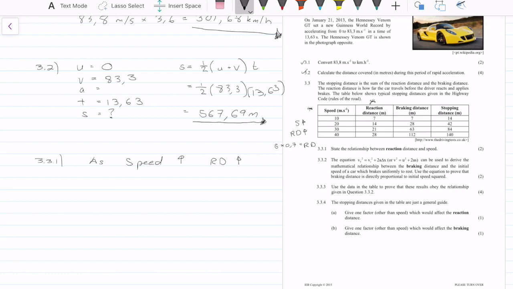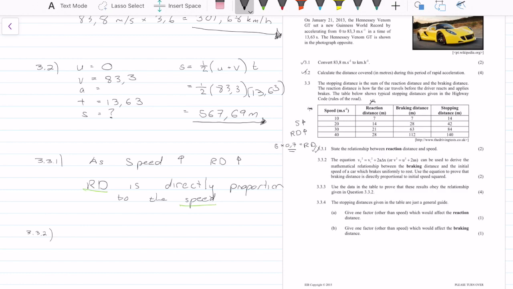So what we can say then is that because we have a constant here, the reaction distance is directly proportional to the speed. It's important that we have the variables in this order. If we had speed at the beginning, this would not be correct. The speed isn't proportional to the reaction distance. It's the reaction distance that is proportional to the speed. That's an important distinction that needs to be made. So that's the answer to that question. Okay, moving on to question